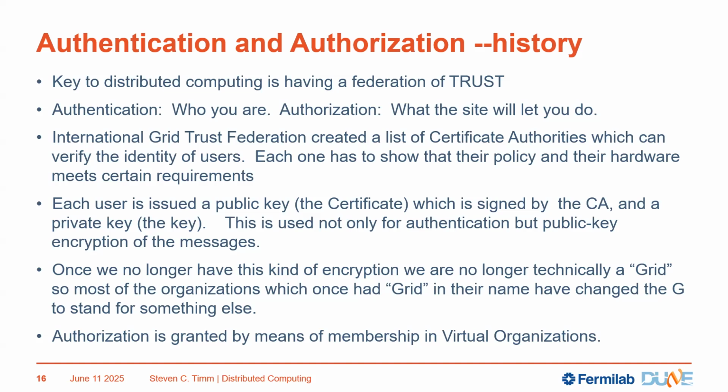And if you go away from the public-private key encryption model, you're no longer a grid. And we did go away from that a couple of years back. So in the past few years, all the good organizations have taken grid out of their name except for one. It used to be called the Open Science Grid. Now it's still called the OSG, but it doesn't stand for Open Science Grid anymore. They just kept the acronym. It doesn't mean anything. The IGTF is now the International Global Trust Federation and so forth. So we just call it distributed computing again, because it really has moved beyond the days of the grid.